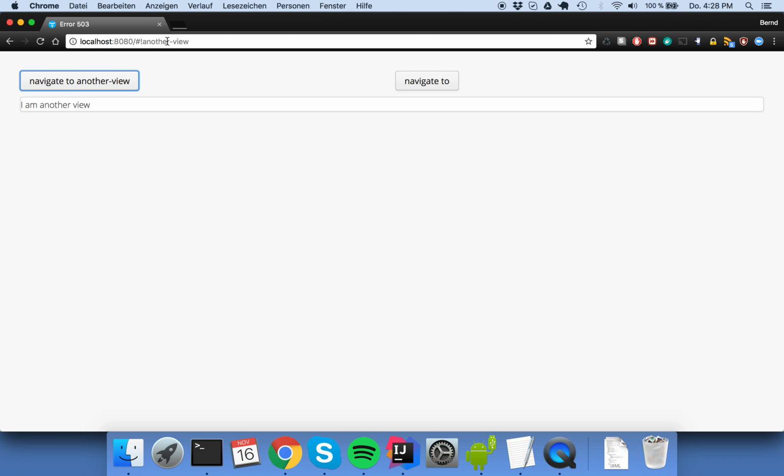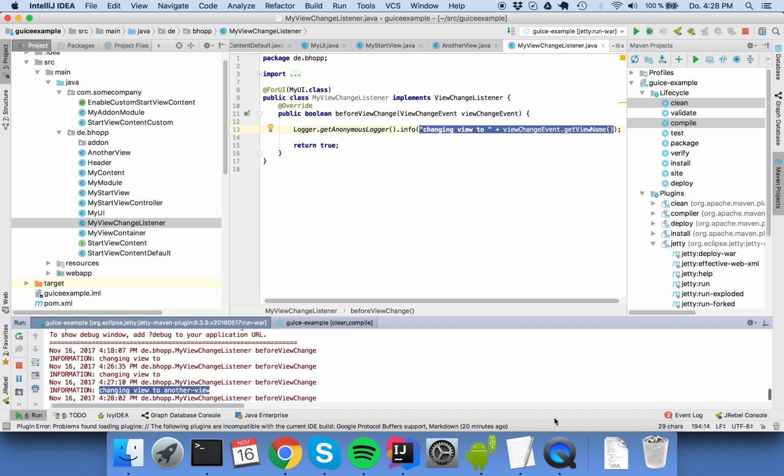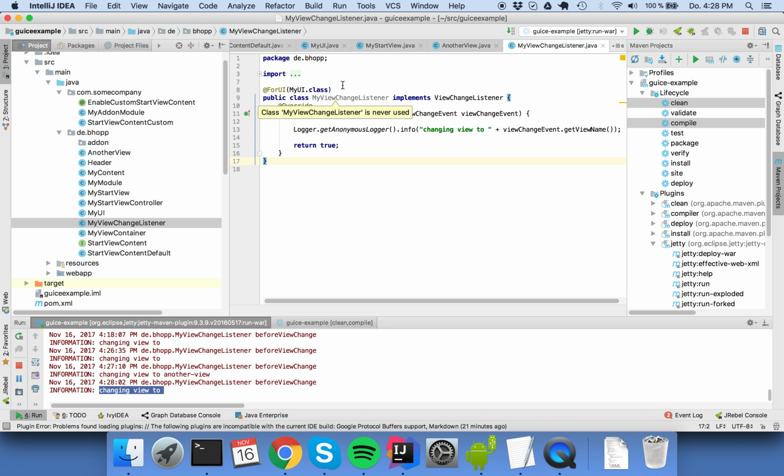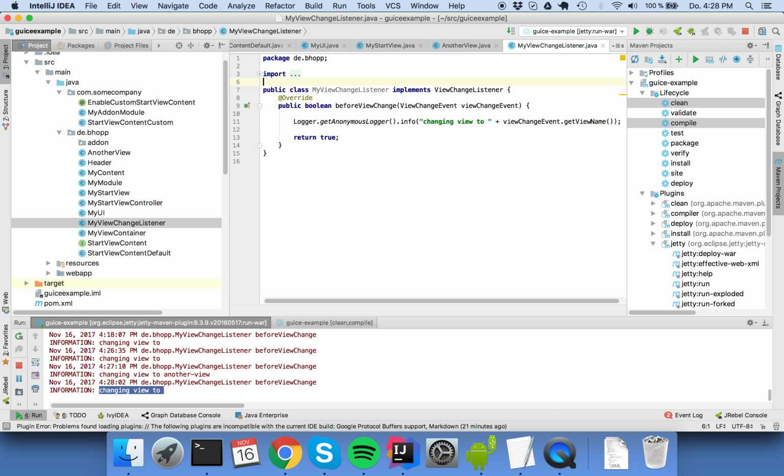There was no change. And here, changing view 2. All right, so the view change listener, it's also unnecessary, does work here too. It is applied, it is added to the navigator because it is in the package that we scan. We could also put it in a sub package of de bhop, and it would still